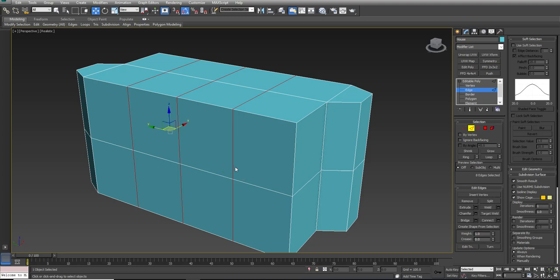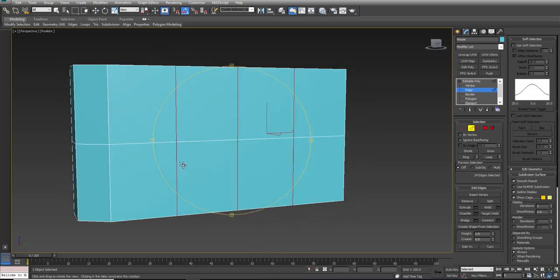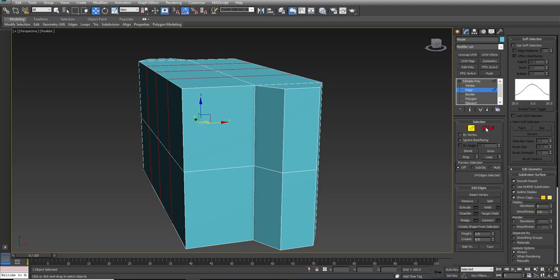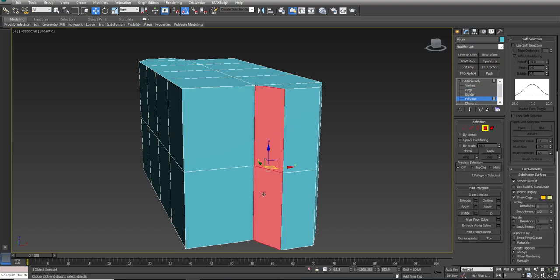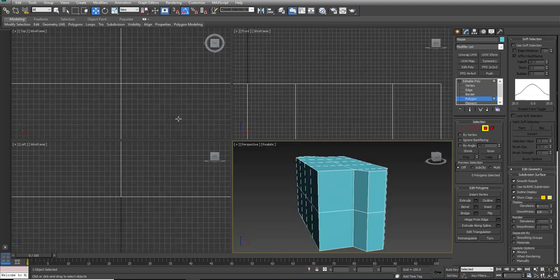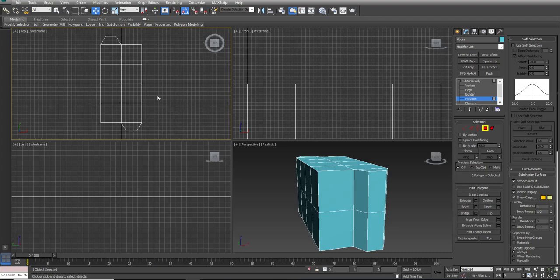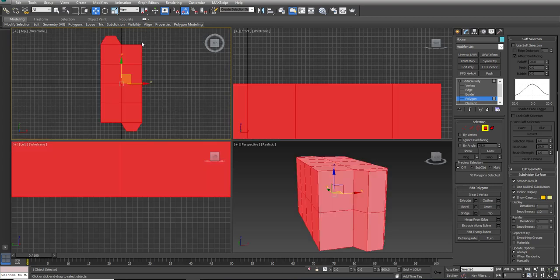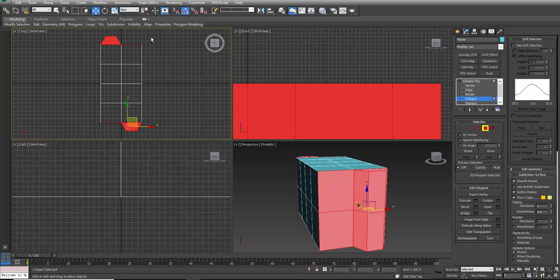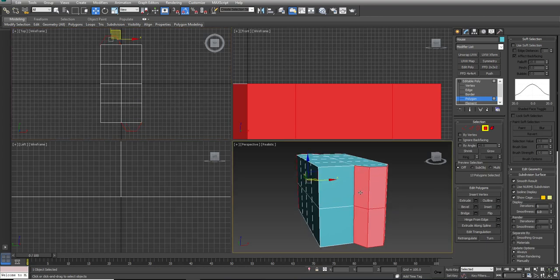Let's turn that off and say OK. There we go. Now I want to put windows into my house. So I'm just going to come in here and select. I'm zoomed out here in the top, and by hitting Z I'll zoom out and center my window. What I want to do is grab the polygons that make up these areas that come